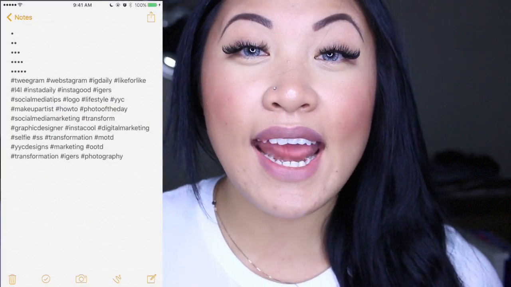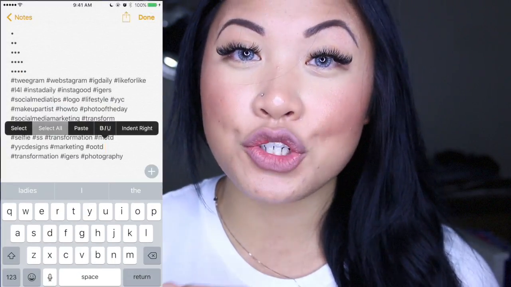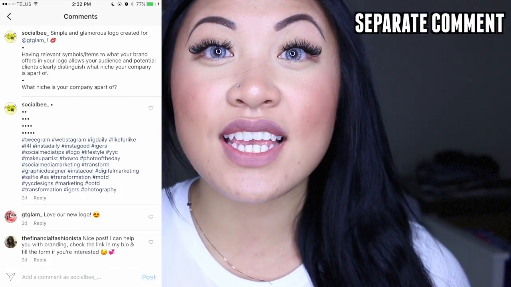You also want to make sure that you're posting your hashtags right away. What I typically do is I will have my hashtags in the notes on my phone, and I will copy them prior to clicking that share button when I post a photo. And then immediately after I share the photo and it's been uploaded, I will post the hashtags in a separate